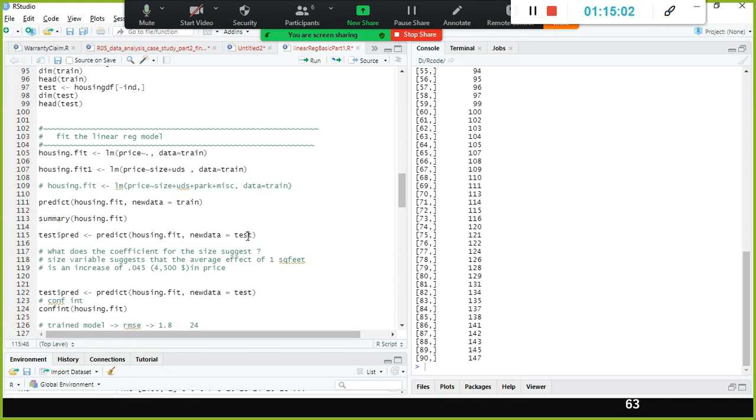Fine. My question is, first of all, why do I have to apply the model on the test data set? To check whether the train and test have a similar kind of prediction. Exactly, right?